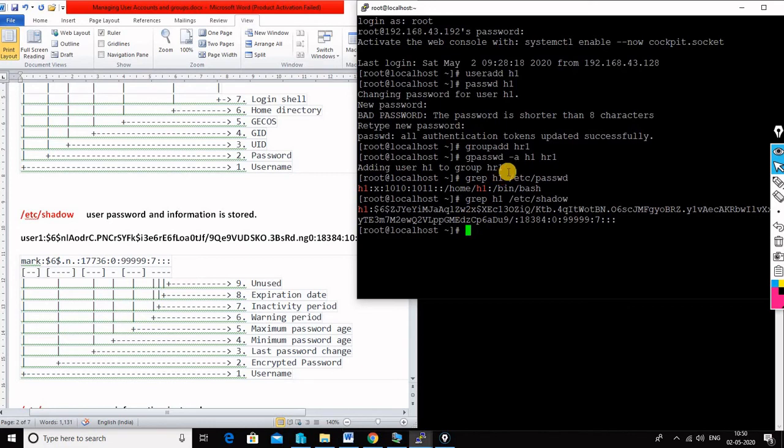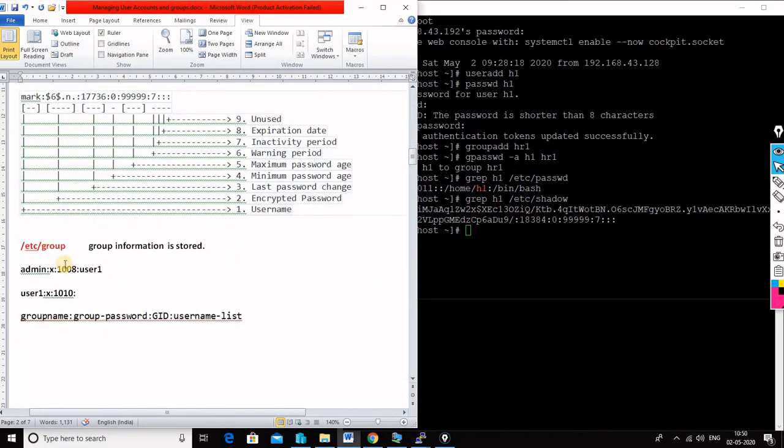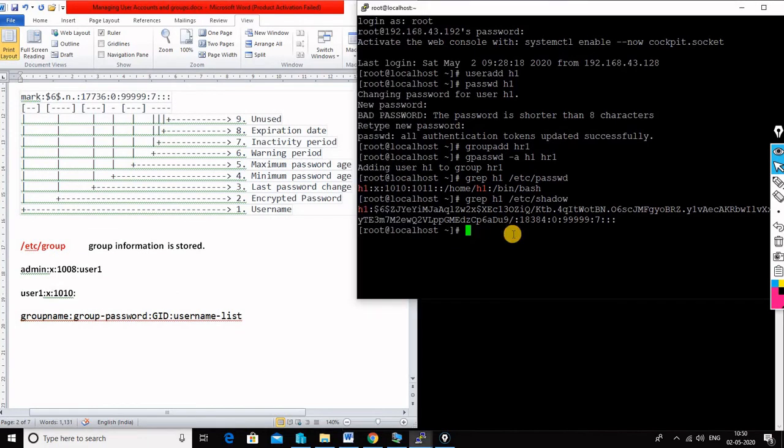So one file is /etc/passwd, where you can see the user information. /etc/shadow, where you can see the password information, and /etc/group, where you can see the group information. Let me show you that. grep h1 in the group file.